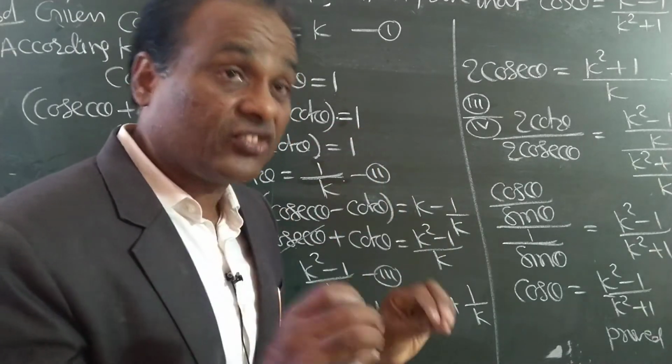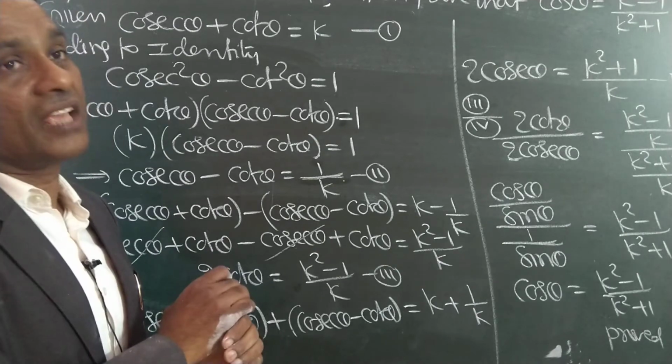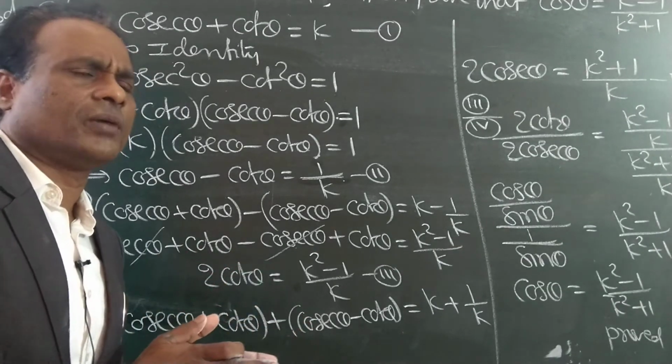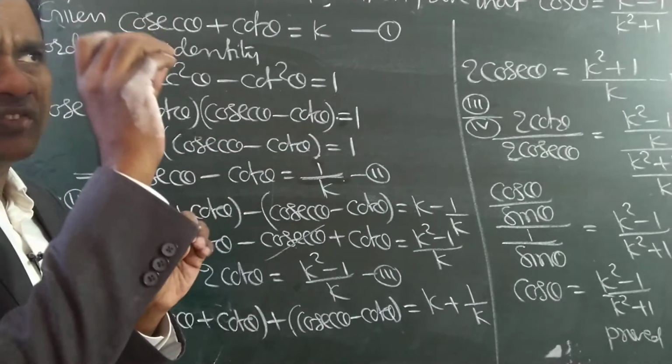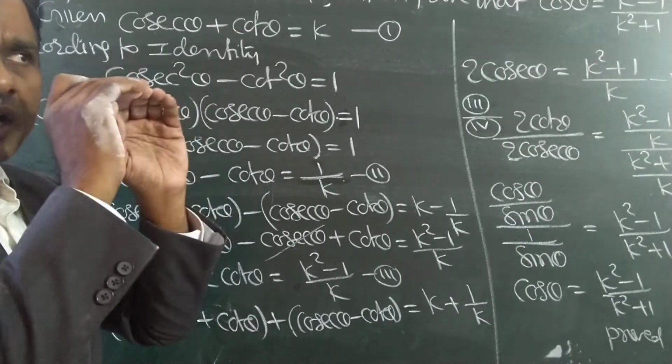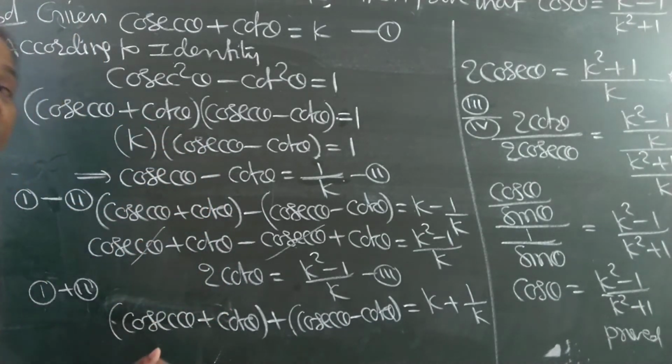So write very slowly, understanding each and every step you write down. And again I will explain because this is the last problem. So each and every step, don't copy hurriedly. One step you understand, you write. Again understand, you write. Write like that, slowly, understanding each and every step.